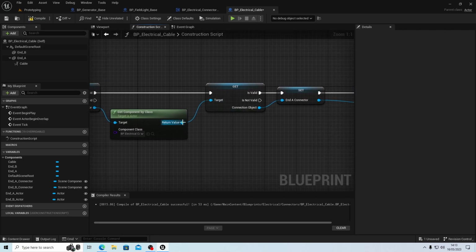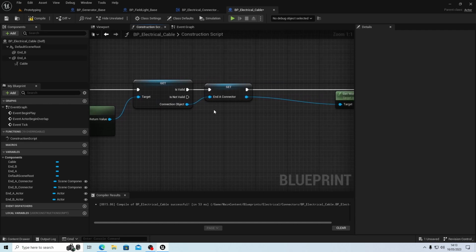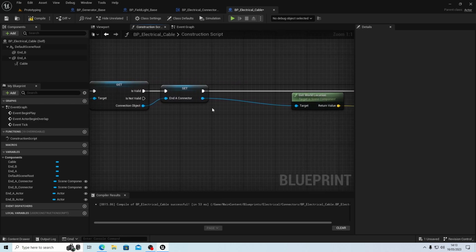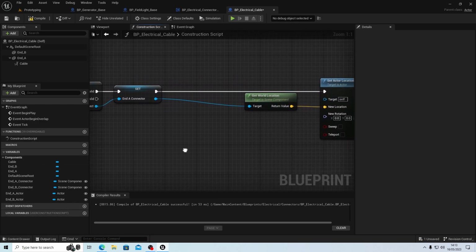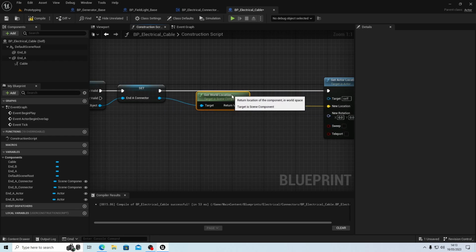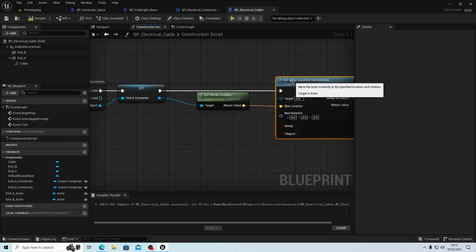It then gets the connection object and checks that it's valid. If it is, we then set this as our connection object. So we store a reference to it in A. We then set the location to this. So all we've got to do now for this to work properly, because it will probably error,